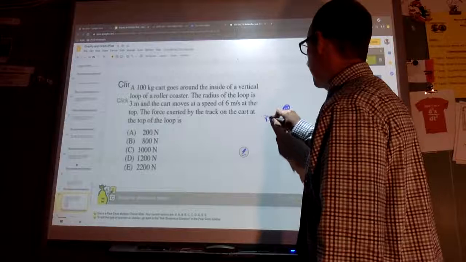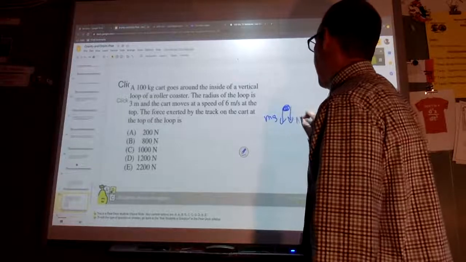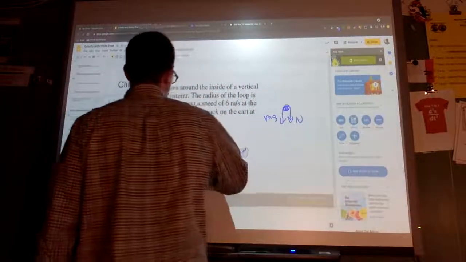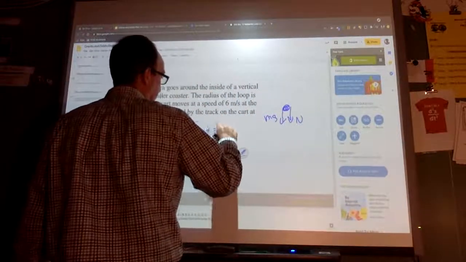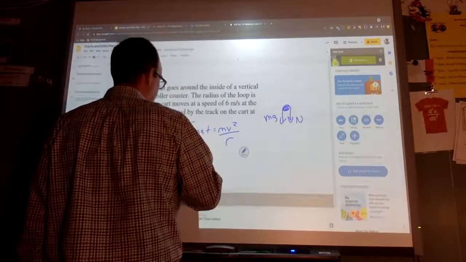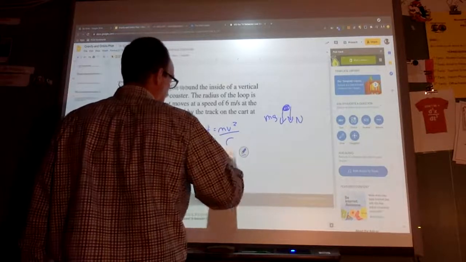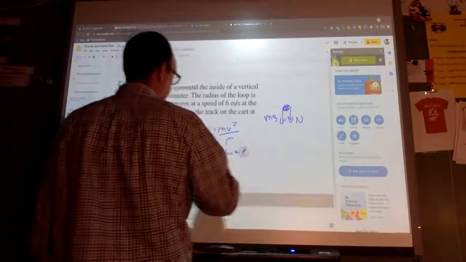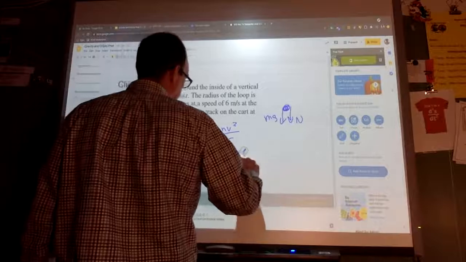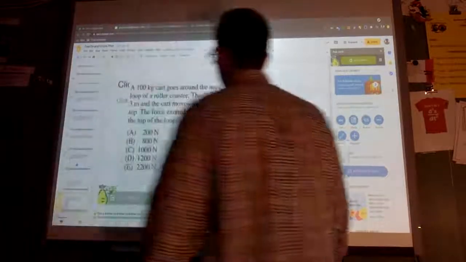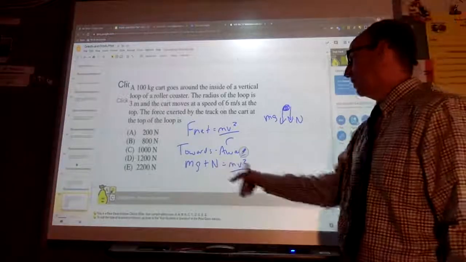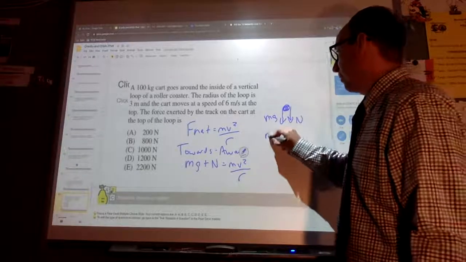So my forces are mg and N, both going down. I'm going to do F net equals mv squared over r. I'm going to take forces towards the center minus away. So this is going to be mg plus N is equal to mv squared over r. The force exerted by the track on the cart is N. So I'm going to have mv squared over r